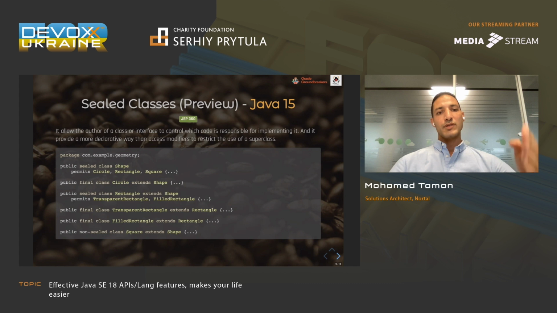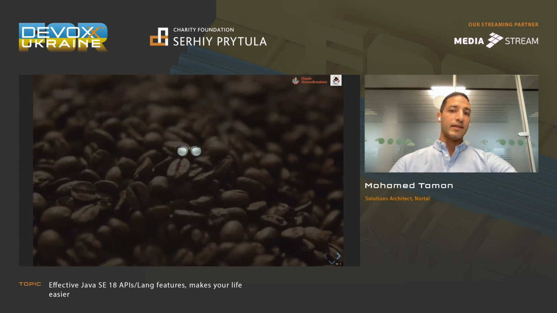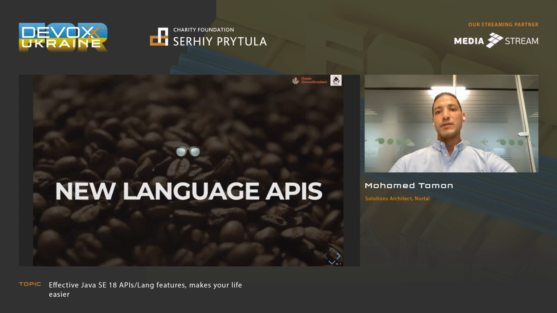So definitely, because they are the same as enums, they have a limited hierarchy, and we know which classes could actually extend which interface or class. This is also included in the cases as a check of the type with switch cases because we have finite definitions, so it's not open. And if it's open like this with square, you can have the default case.